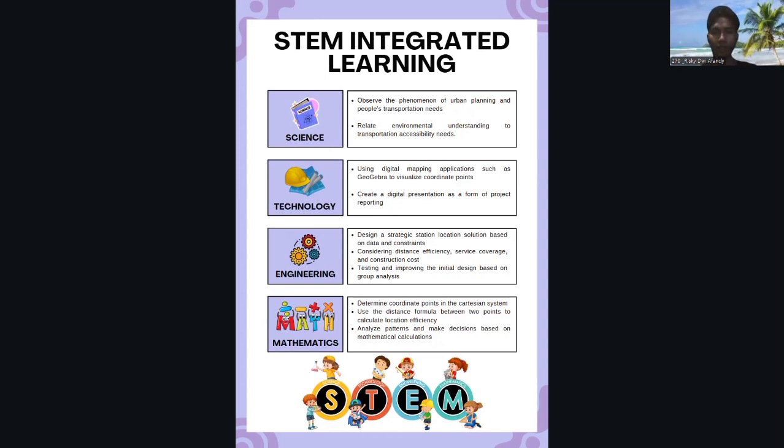Number 2 is environmental understanding to transformation accessibility needs. In technology, we'll use GeoGebra, like before, to create a digital presentation. In engineering, it will be design and strategic location, considering design efficiency and testing and proving the initial design